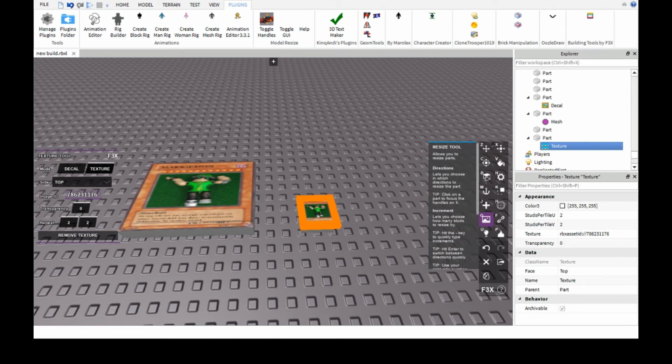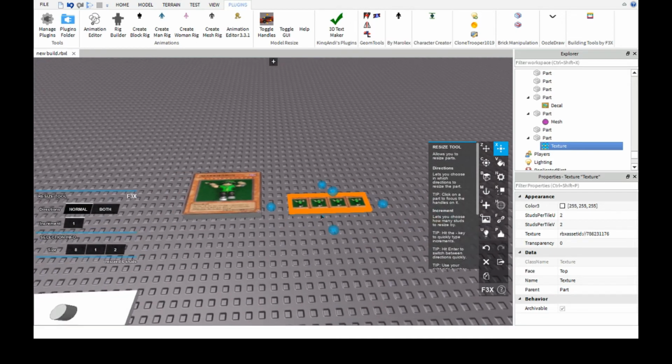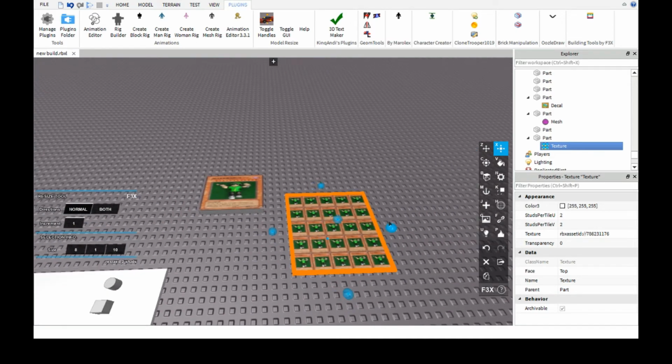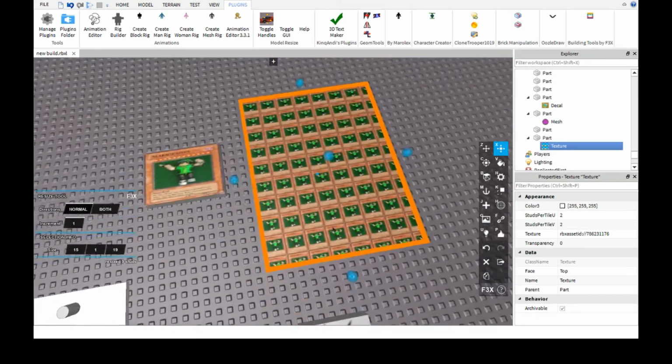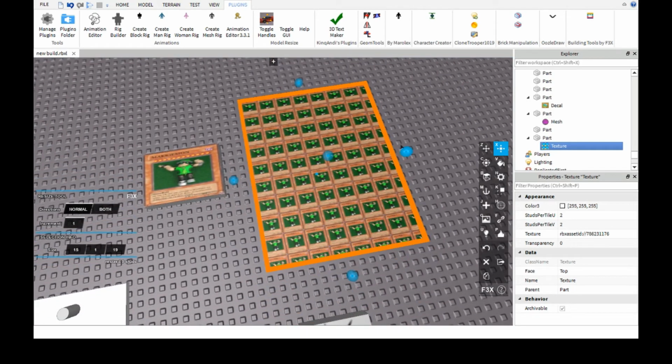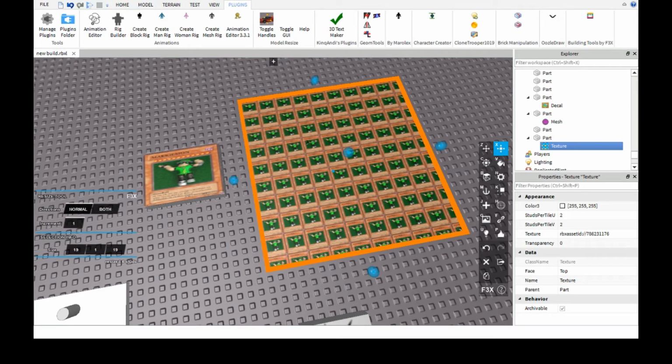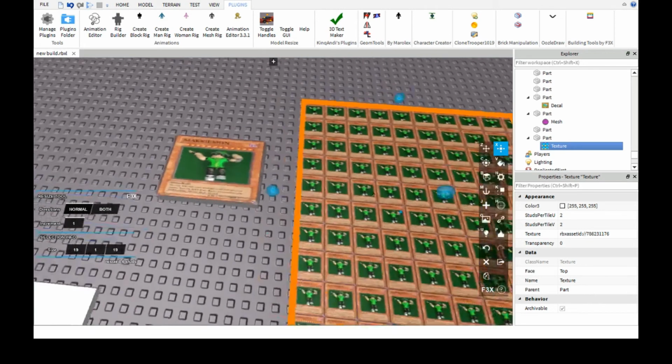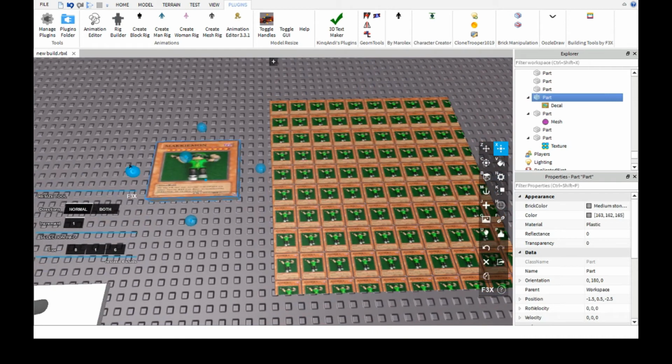Now watch what happens when I stretch the brick. It becomes an army of MakkieMons. I've now tiled the floor with MakkieMons. It's kind of scary. But you know, this is how I make a tile floor, or a wall pattern. I can make any type of pattern with a texture rather than a decal that just stretches out